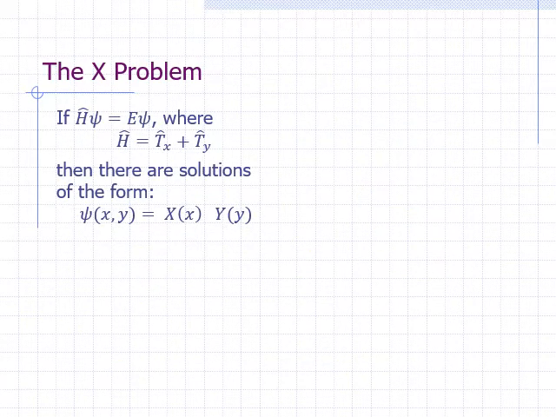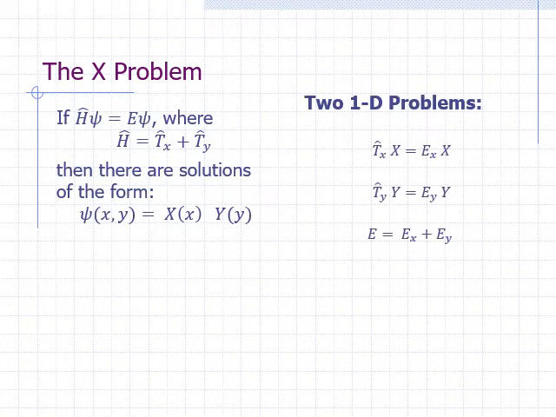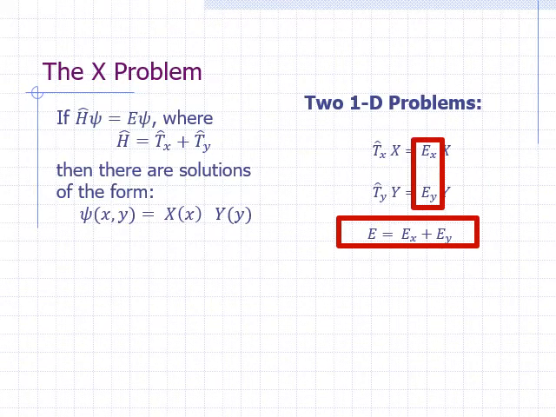Okay, let's recap what we've done so far. We wanted to solve the Schrödinger equation which had two independent variables x and y. It so happens that the Hamiltonian can be written as a sum of two operators, one depending only on x, the other depending only on y. We've proven that there are solutions that can be written as a function of x times a function of y. To determine these solutions, we solve two simpler eigenvalue problems, one depending on x, the other one depending on y. And the sum of the eigenvalues of the two simpler equations is equal to the energy of the system.